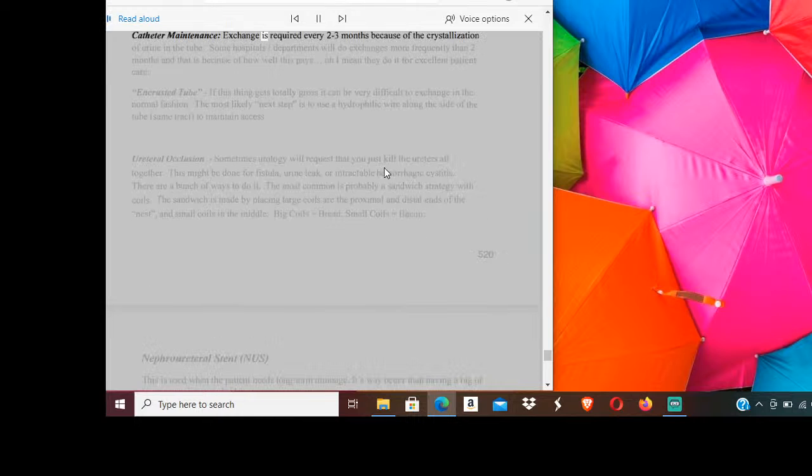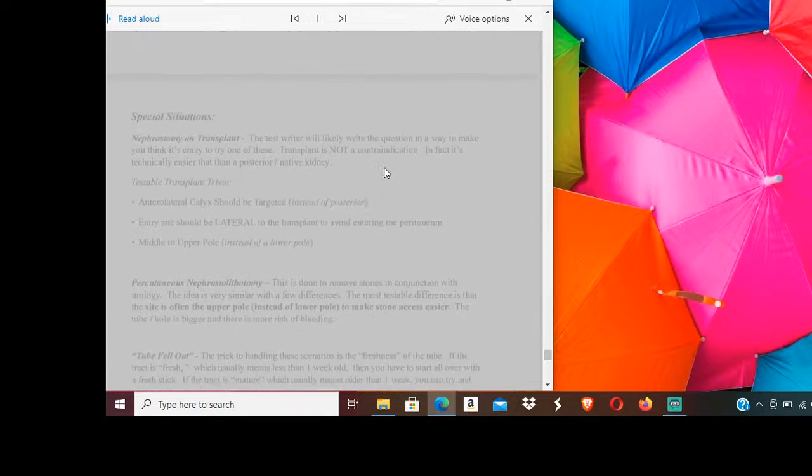Catheter maintenance. Exchange is required every 2 to 3 months because of the crystallization of urine in the tube. Some hospitals